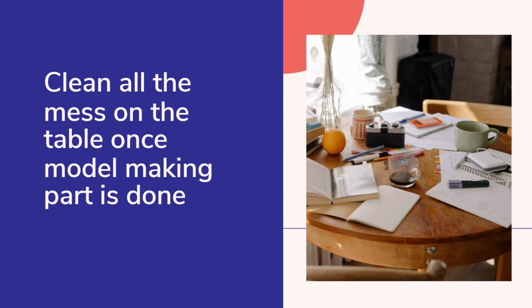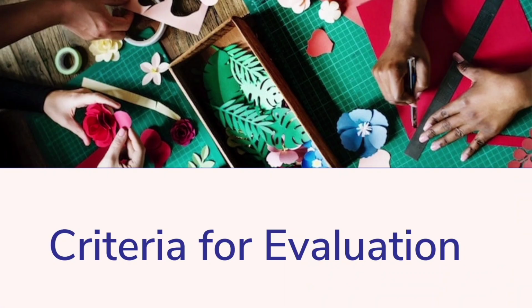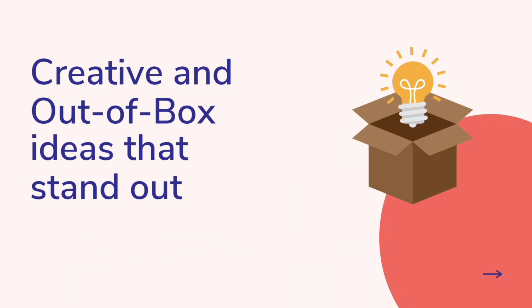Next is clean all the mess on the table once the model making part is done, because that really is very important. Next is what will be the criteria for evaluation in the situation test. So firstly, creative and out of the box ideas that stand out. The most important thing you can do is creativity and out of the box ideas. The ideas that are not on the internet, purely out of your mind, or either you can take inspiration from things, but you need to be unique while